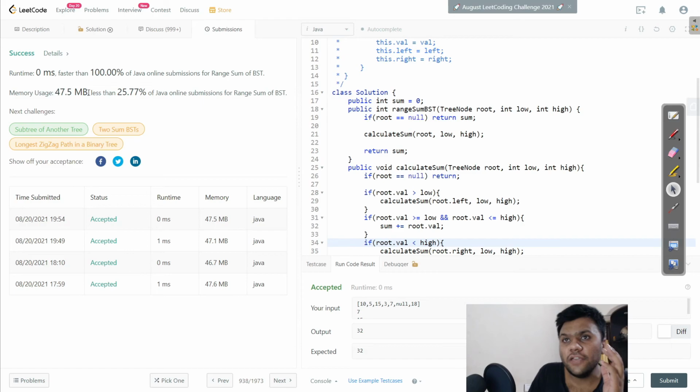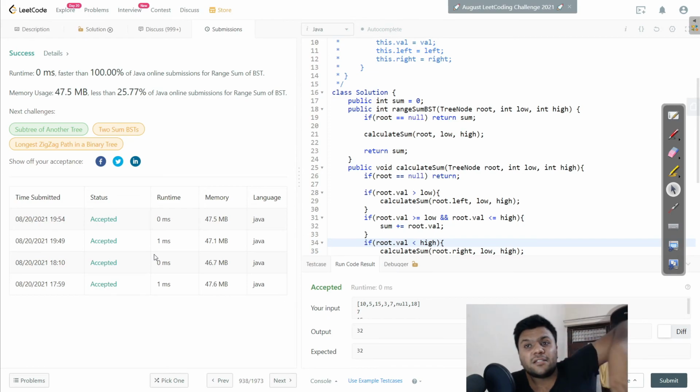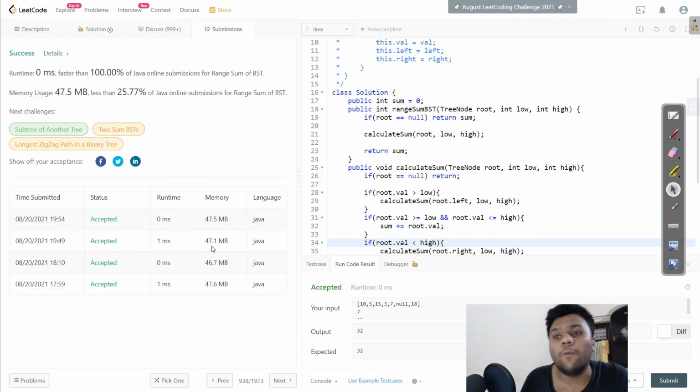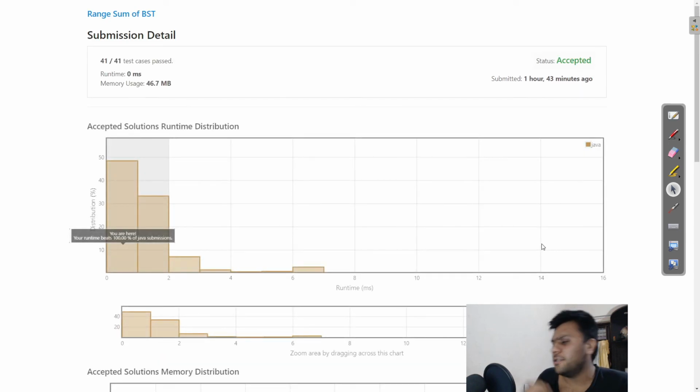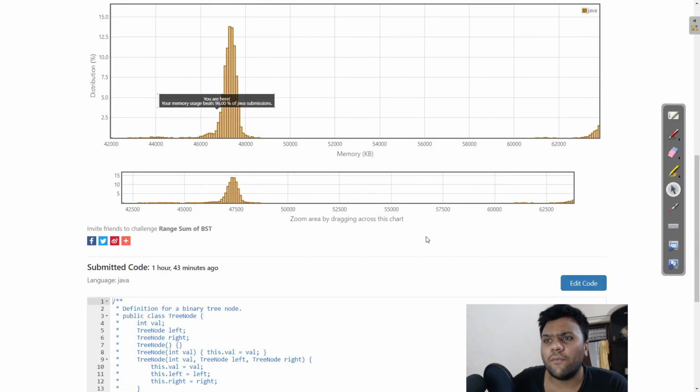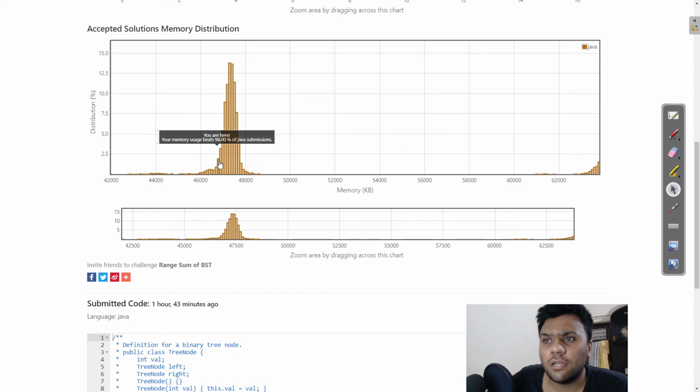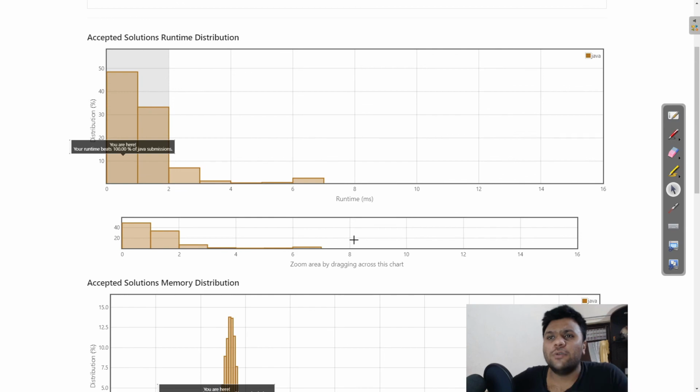So if you look at over here, we are beating 100% on runtime. The runtime is one millisecond, because in the earlier approach it was taking time, it was going every time over there. But in this one we know where we have to go. Okay, and don't look at our memory. In this one the memory shows something like 96% faster. So why is that? Because it depends on the server load. If there is too much load on the server, then it will fluctuate. So don't worry about that.